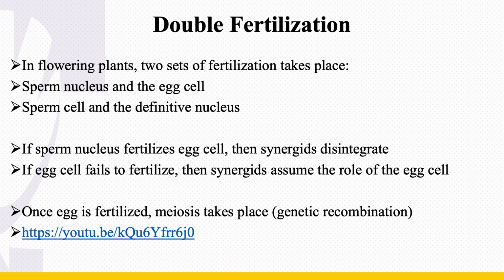And so once that egg cell is fertilized, that's where meiosis takes place. And that's really where that genetic recombination happens. So, the purpose of this YouTube video, if you haven't watched it, go back, it'll tell you the same thing that I've done, probably in a better voice. It's pretty straightforward. It's got some demonstrations of what actually happens. The most important thing to understand about that YouTube video is that is where the alleles and the chromosomes and everything starts to line up, and you can see that genetic recombination, and you can see that it's really